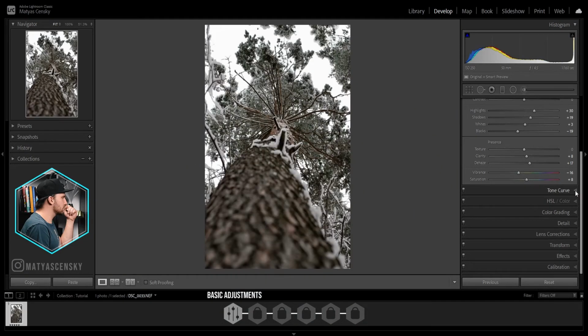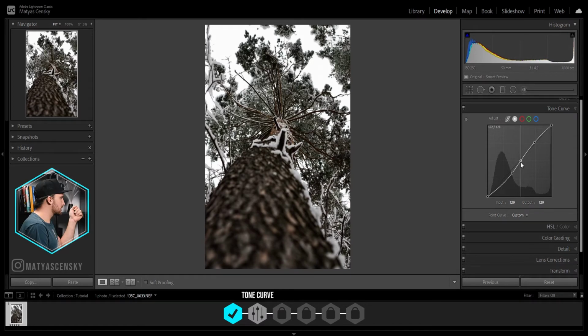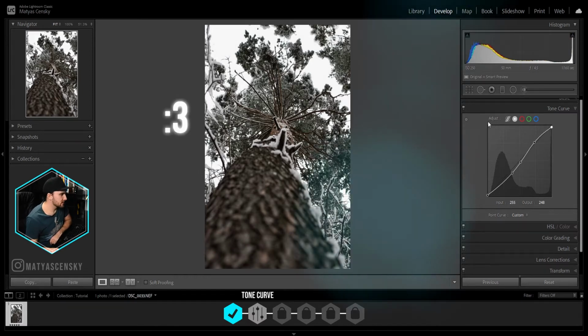Let's jump into tone curve, and we'll add more contrast into the picture. Now I'll go with the basic S curve. You've probably heard of it. So just bring up the highlights a tiny bit and the shadows somewhere around here. Let's bring out, that's better. And I'll brush the blacks just a little bit, just like 5. And I'll do the same with whites, just so that we're not clipping here. Tiny bit. Yeah. And that's it.